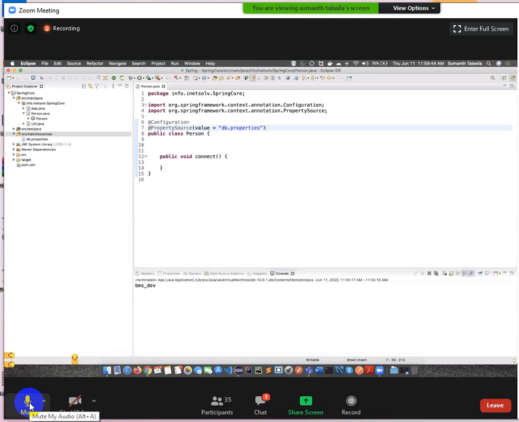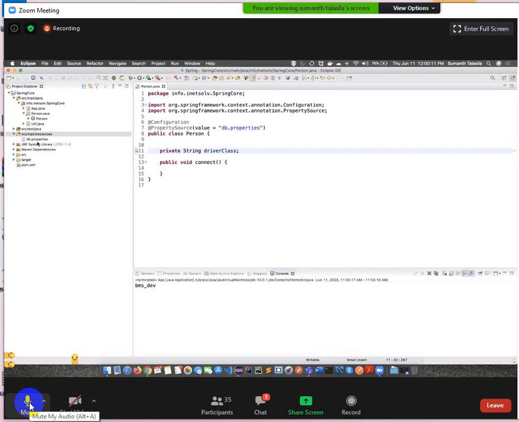Now what to do now? We need to get the keys. Go to the connect instance variable. Okay, you want me to have an instance variable? Very good, right approach. Yes, sir. Private String driver class.